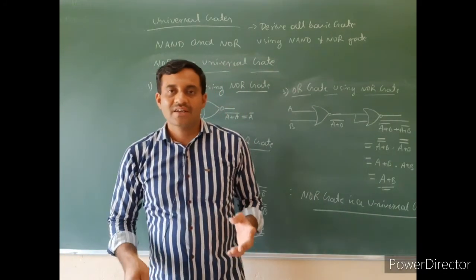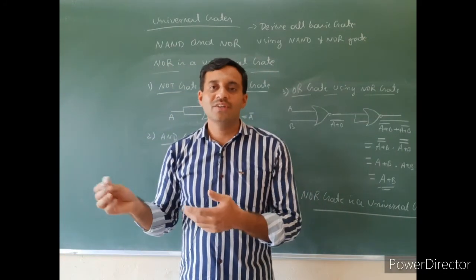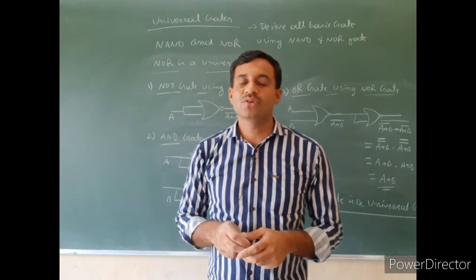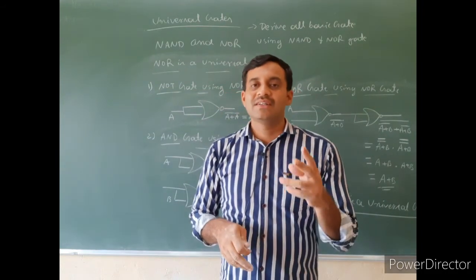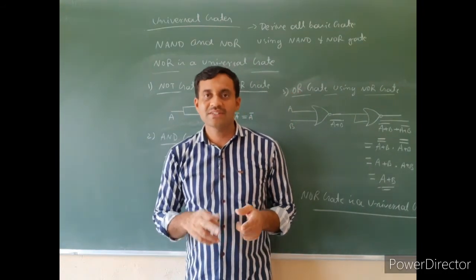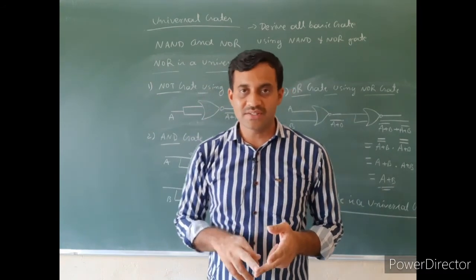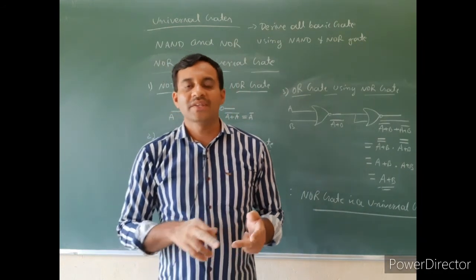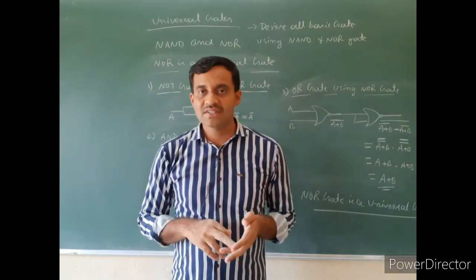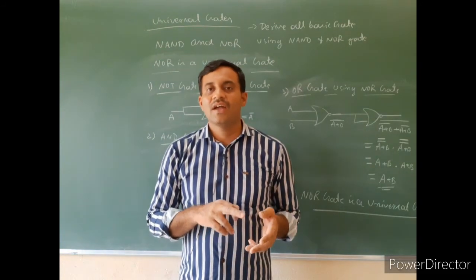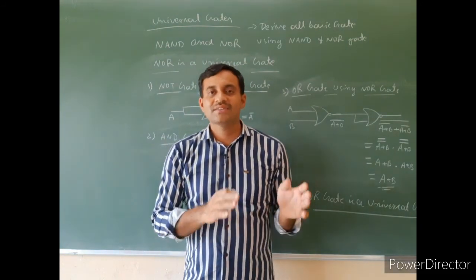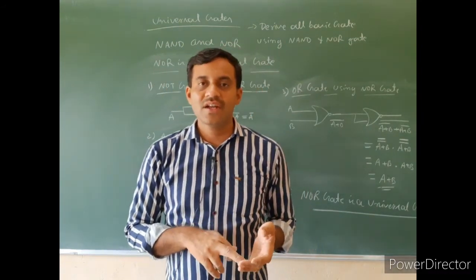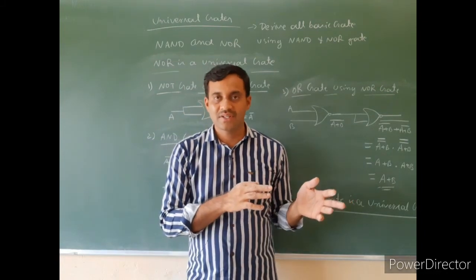Logic gates are electronic circuits that accept one or more input signals but produce only one output signal. All logic gates produce only one output signal. Then there are two types of logic gates: basic gates and derived gates. Basic gates are the fundamental gates. Derived gates are derived from basic gates. There are three basic gates: NOT gate, AND gate and OR gate. There are four derived gates: NOR gate, NAND gate, XOR gate and XNOR gate.